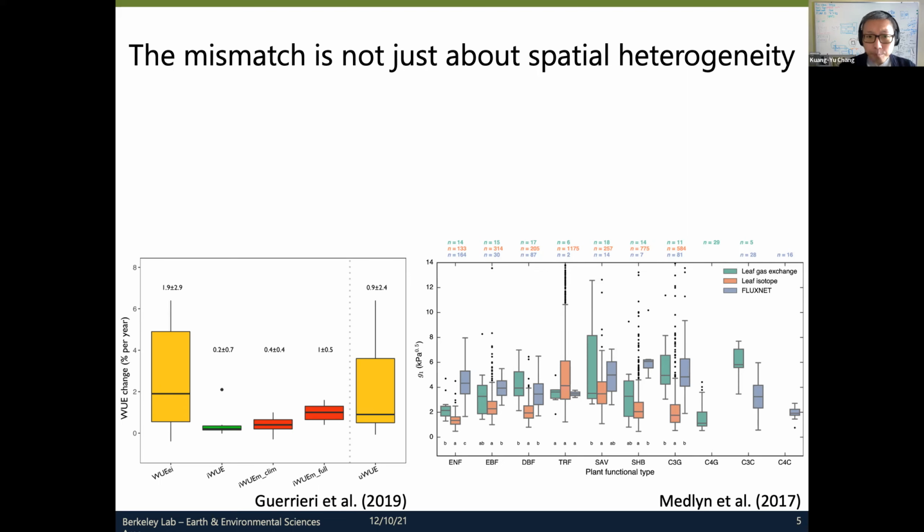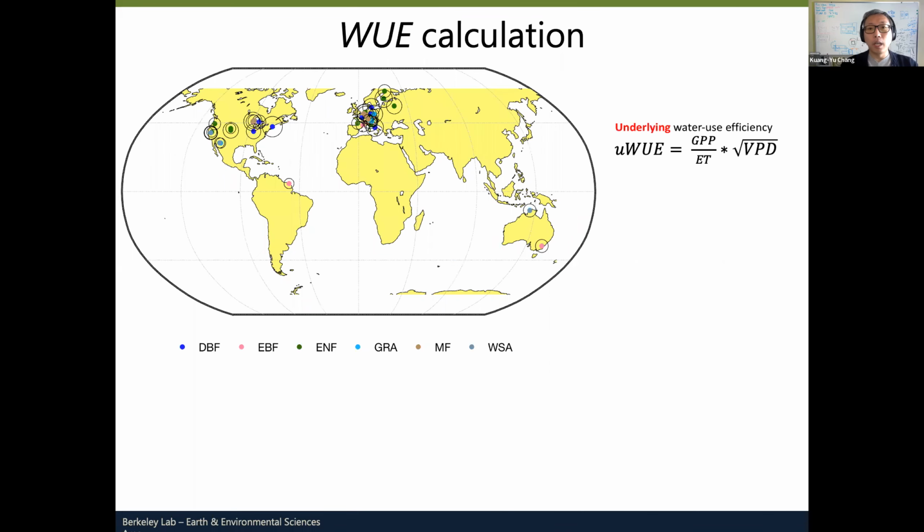So in this study, we revisit ecosystem scale water use efficiency calculation and investigate factors controlling emerging water use efficiency values and trends inferred from eddy covariance measurements. We select 40 sites with more than 10 years of continuous measurements from the FLUXNET2015 dataset, which includes 6 plant functional types across 560 site years. Only daytime data that are not within 1 day of precipitation events are included to reduce the effects of ground and canopy evaporation on the measured evapotranspiration.